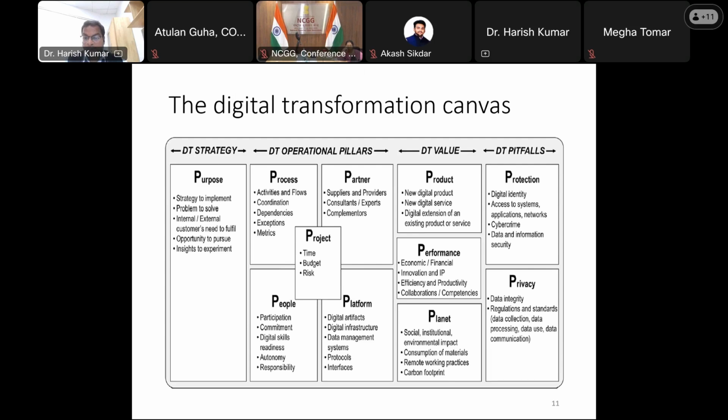Apart from that, there is the financial management system, right? In case of privacy, the last one here is data integrity: how we are going to share and record the data asset for a longer period, how long we are going to store it, and what privacy policies and security policies we are making use of.